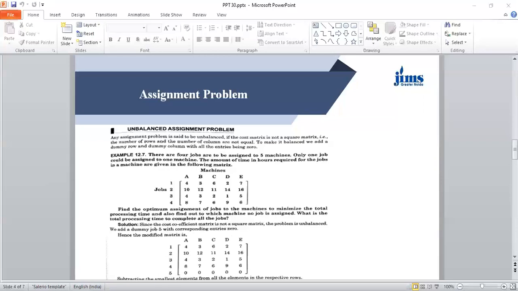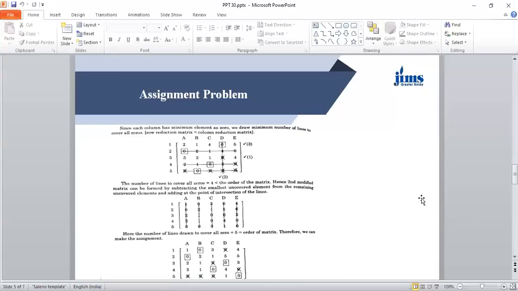See here, this 5th is the dummy job and the time required to process it on any of these machines A, B, C, D, E is 0, 0, 0, 0, 0. So instead of writing number 5, you can also write it as a dummy job. Once we have added a dummy job 5 with cost elements 0, we proceed